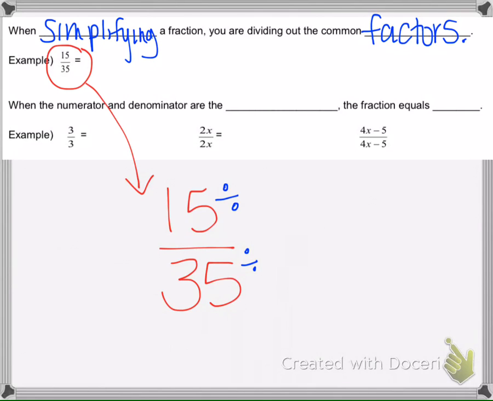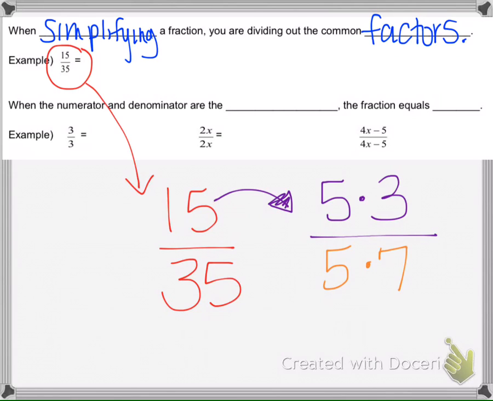So I'm going to break this down the way maybe you've seen it when you first learned how to simplify a fraction. So if I simplify 15/35, I'm essentially doing this. If I factor 15, I can factor 15 as 5 times 3. And I could factor 35 as 5 times 7. So what we're essentially doing is the 5's here divide out and make 1's. That's why we divide both of them here by 5, because 5 divided by 5 is 1 here. So we're just left with